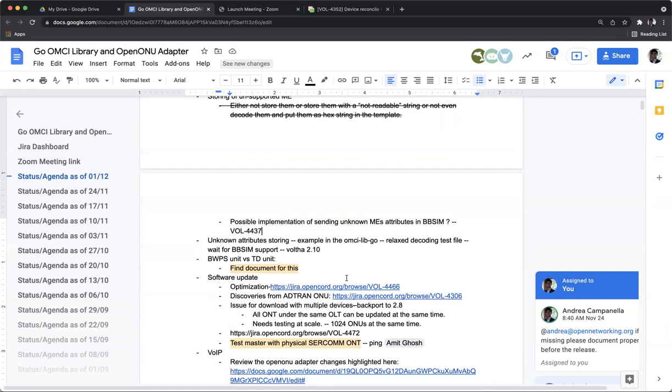I don't know, Chip, if you already made some implementation here or not. No, I haven't made the implementation. It's sort of straightforward. I have to just have the code generator generate those var constants for the string names. So it would be adding that. That would touch pretty much every generated managed entity file. And then, of course, we have to handle the entity ID separately, since it's the same for all MEs.